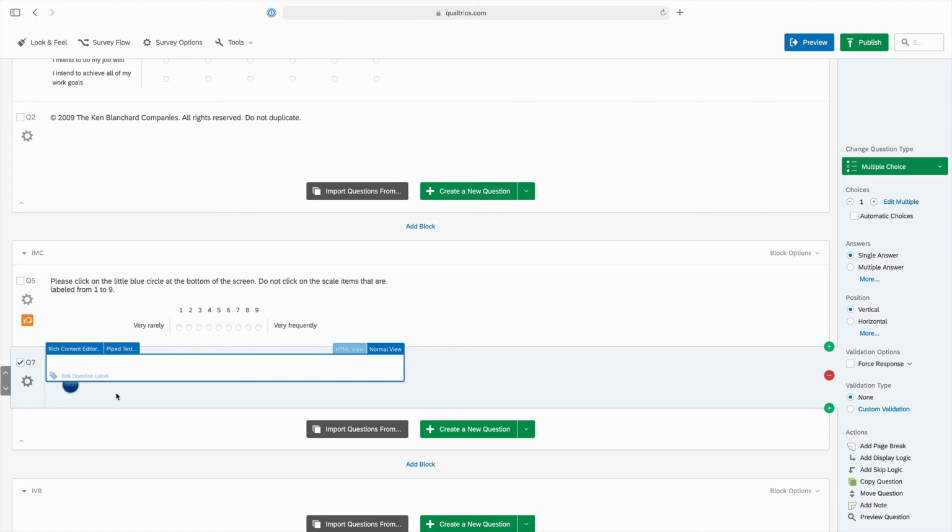The idea being the blue circle is kind of innocuous, it doesn't appear to be anything, and so if a respondent is not reading the instructions to click the blue circle, they're probably just going to speed through it and select one of those like it responses. And then you'll see in a subsequent section we can actually have a message that pops up and lets the respondent know that we know that they're not reading the instructions. We'll cover that logic in the next section, but for now, you've just created your first instructional